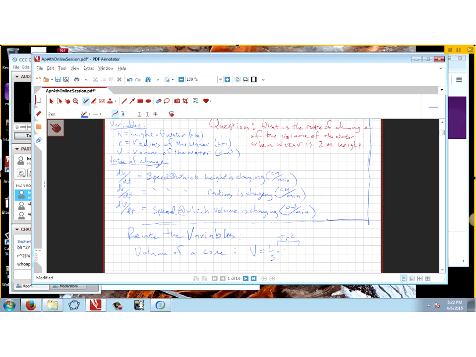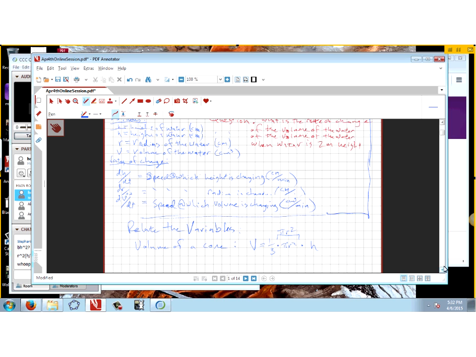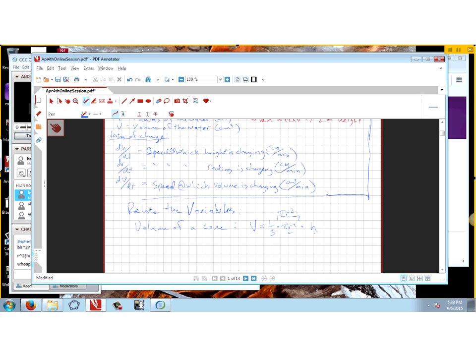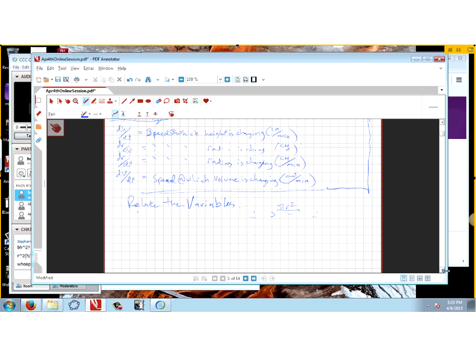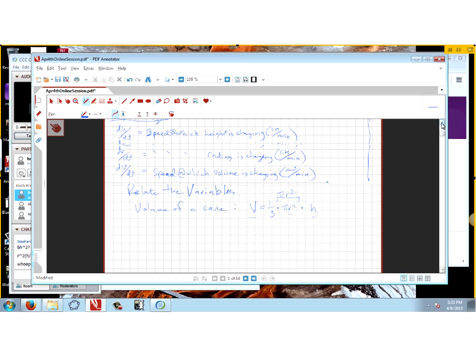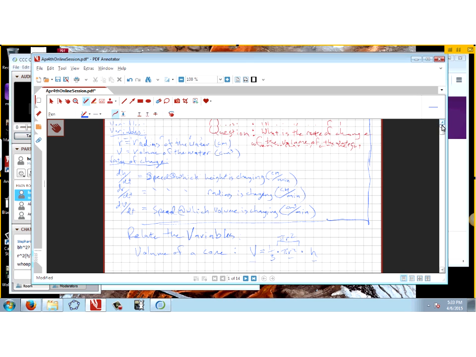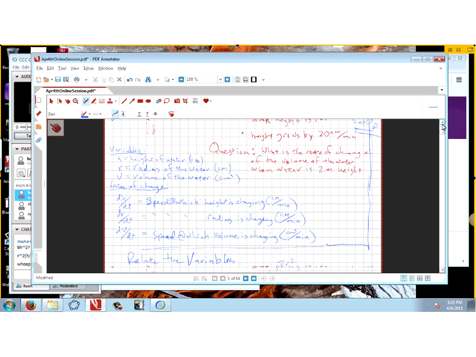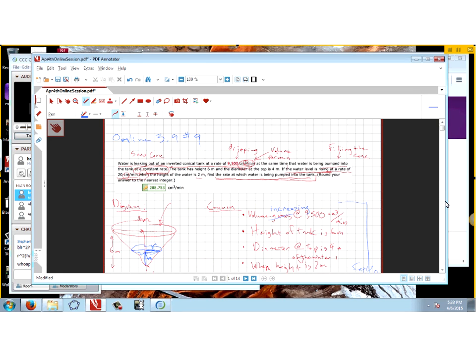It's 1/3 area. So it's 1/3 pi r squared, which is the area of a circle, times the height, which is just height. Okay. So now notice we have a relationship between r, h, and the volume. Now, if you do a little bit more translating of what we know,